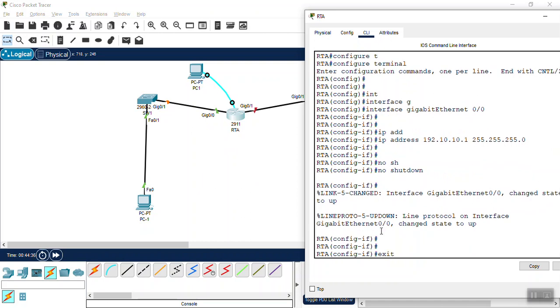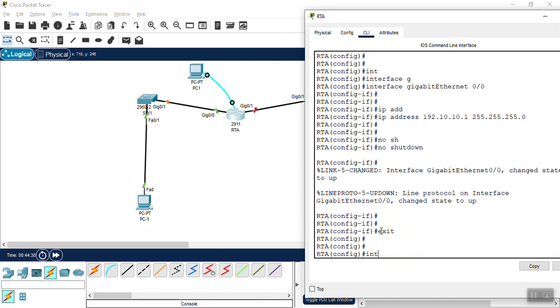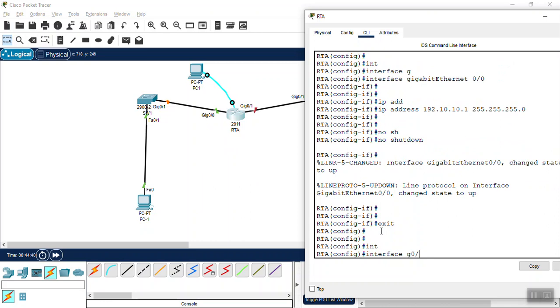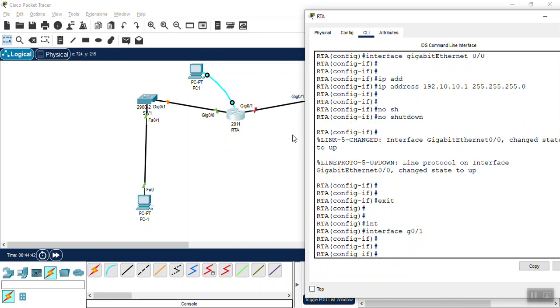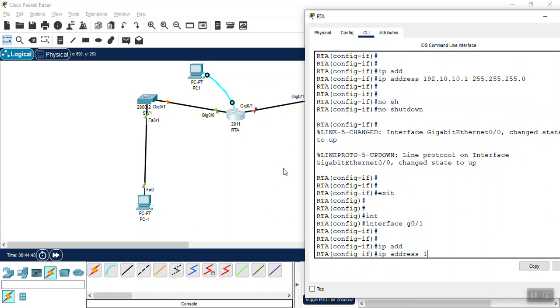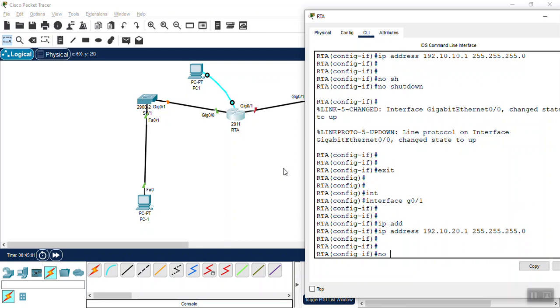Now exit from this interface and go to the interface gigabit 0/1. Okay, the other interface that is going to the other switch. So the IP address, the same command, IP address 192.10.20.1 is given in your lab manual, 255.255.255.0, and no shutdown, right?